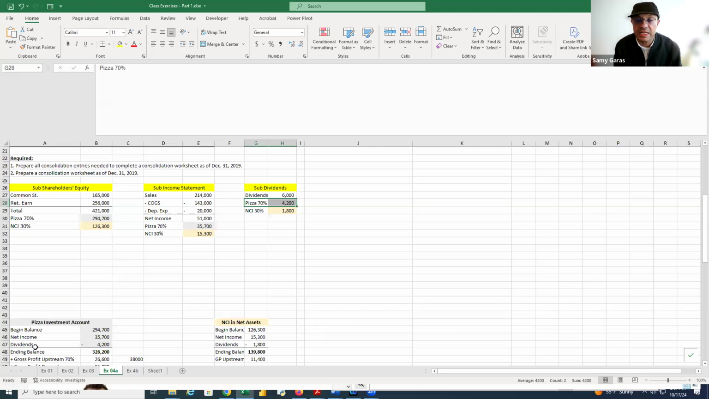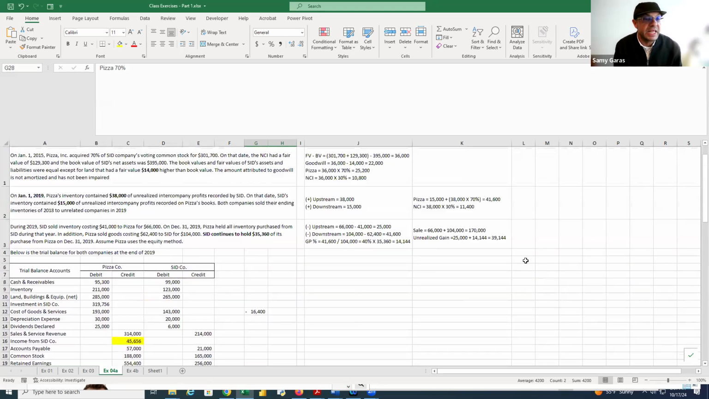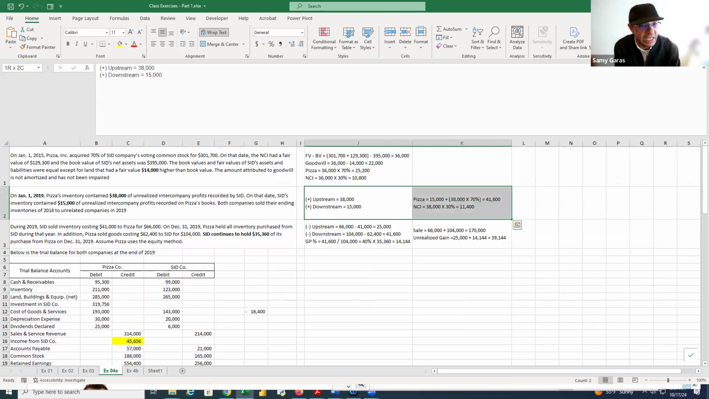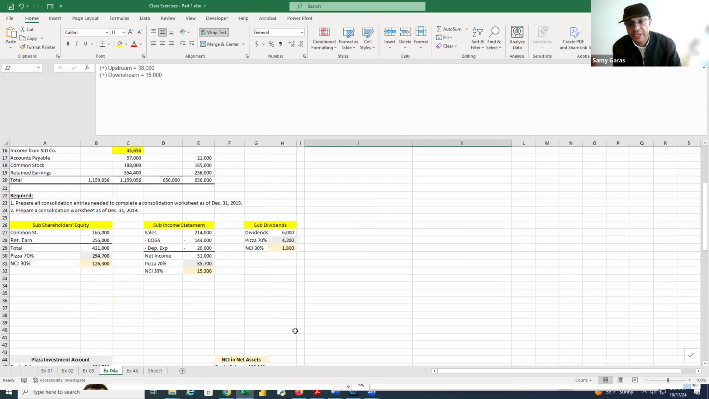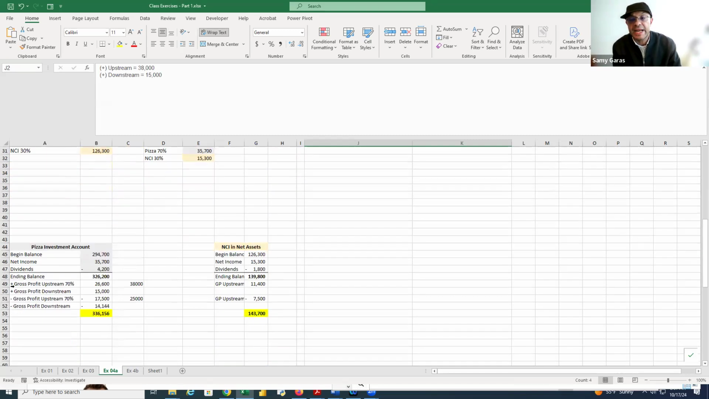I get the ending balance of the investment. But now I have unrealized gain coming from 2018 and unrealized gain coming from 2019. The one that comes from 2018 was subtracted. Now I need to add it. And the one for 2019, I should subtract it. So let us go here and add the one from